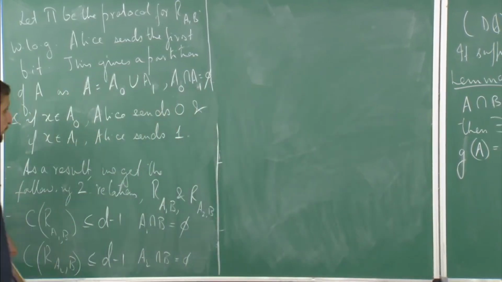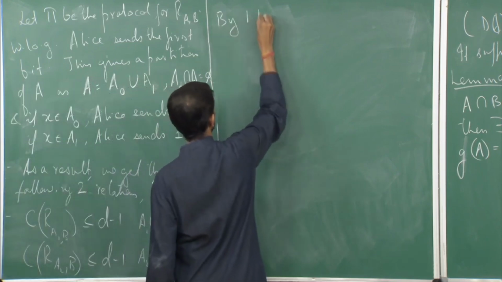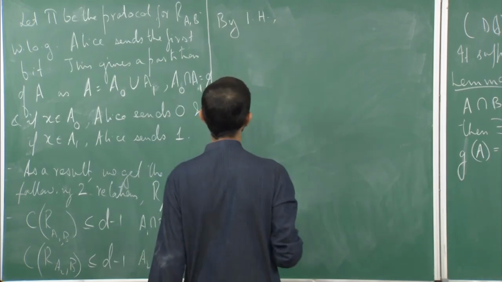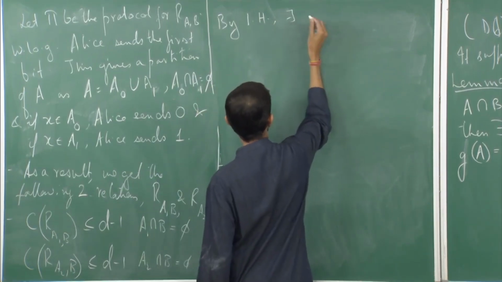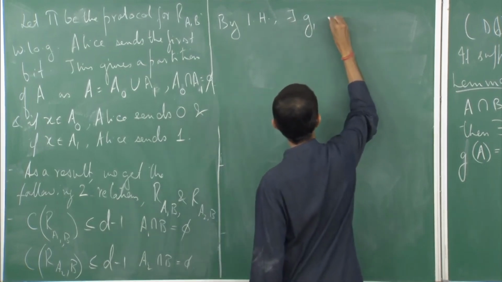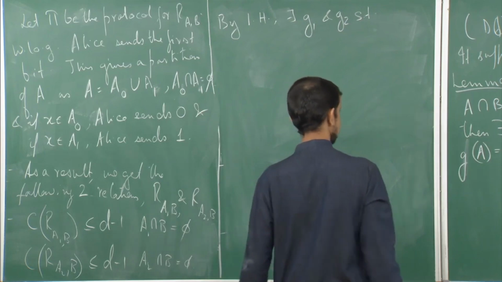Because it is for D minus 1, by induction hypothesis, what we have is there exist G1 and G2 such that,